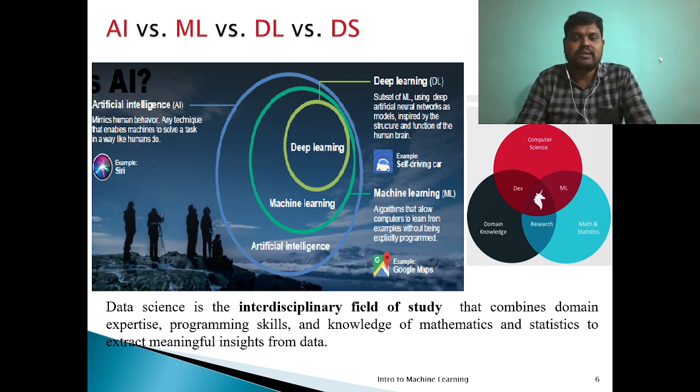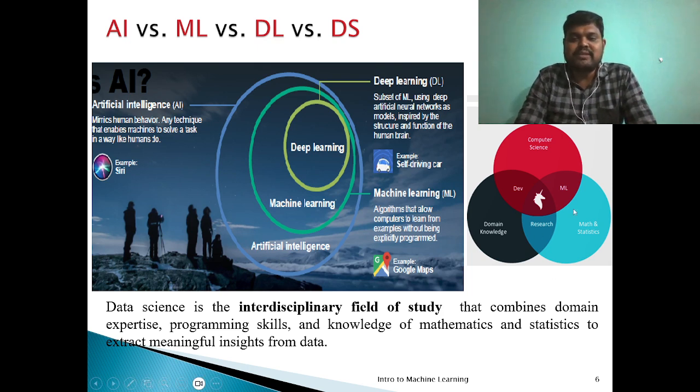Then let us get into the different aspects of artificial intelligence. If you look at the diagram, artificial intelligence is simply like an ocean. Under artificial intelligence, we have different varieties or different aspects of artificial intelligence like machine learning, deep learning, CNN, artificial neural networks.